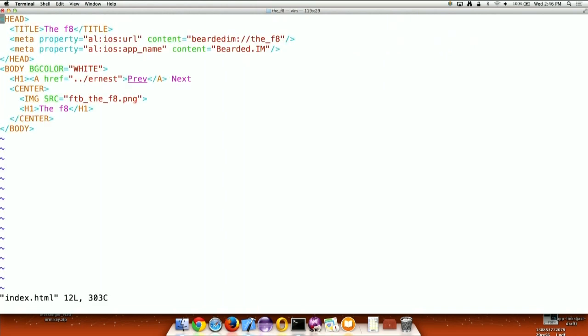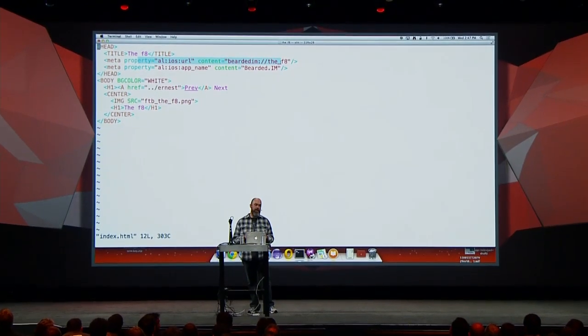If I bring up the HTML, again, the HTML itself is very simple. There's an image, there's the name of the actual beard type, and then I have a meta tag here which describes, hey, this is an app link, and if code needs to transition to a native application, here's the scheme to use on iOS. My application right now is under development, so I don't have a store ID, but if I did, I would have a third meta tag here to describe the store ID. The second meta tag just informs discovering code what my friendly name for my application is, and in this case, that's bearded.im.